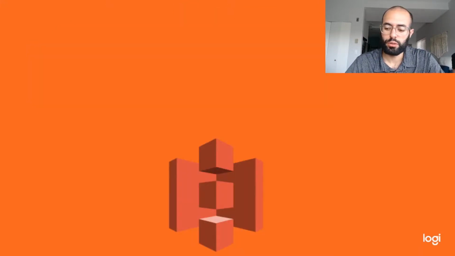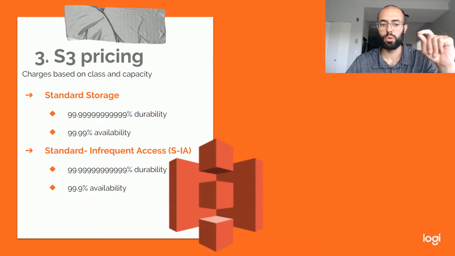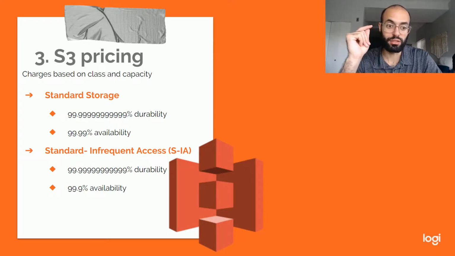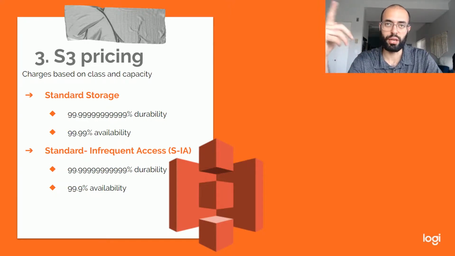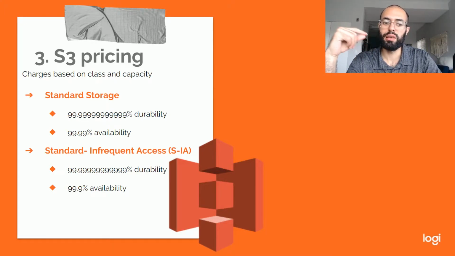All right, next service that we'll talk about is S3. S3 pricing comes in actually like 3 or 4 different tiers, but these are the most common ones. One is called standard storage and the other is called standard infrequent access. You can see the only difference between these two is a 0.09% availability. In other words, with standard access, you want your data to be readily callable, because maybe it's accessed a lot and you can't really afford for it to be down or not available. However, with infrequent access, you recognize that you may not be accessing the data as much, so you're willing to pay less and have it be slightly less available.